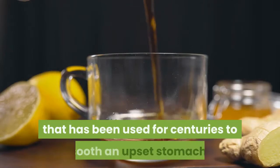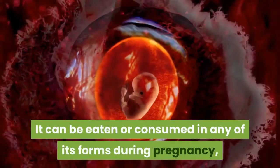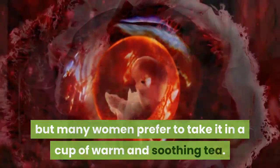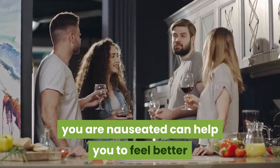Ginger is an herb that has been used for centuries to soothe an upset stomach. It can be eaten or consumed in any of its forms during pregnancy, but many women prefer to take it in a cup of warm and soothing tea. Drinking a small cup of ginger tea whenever you are nauseated can help you to feel better and will not